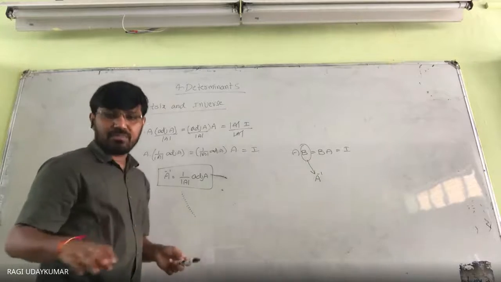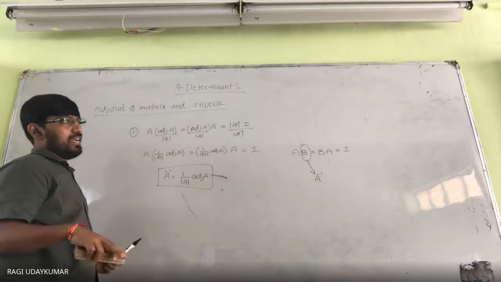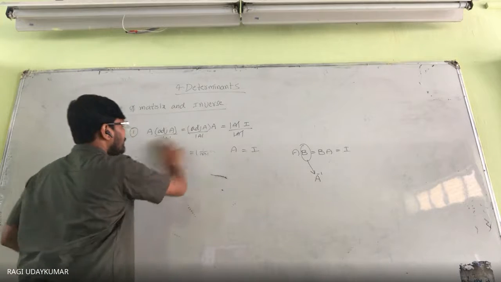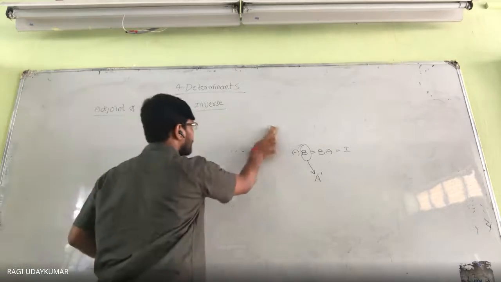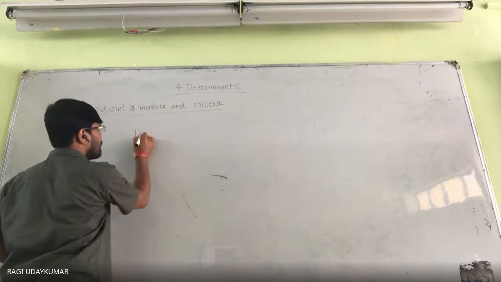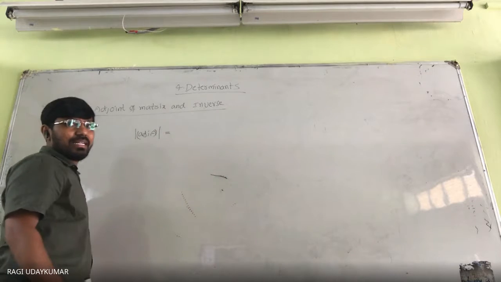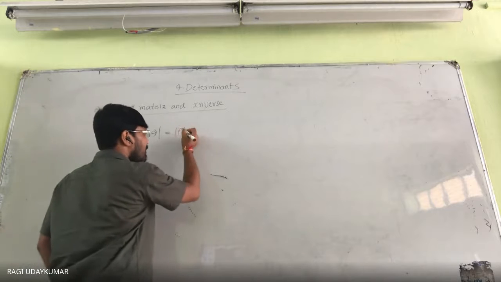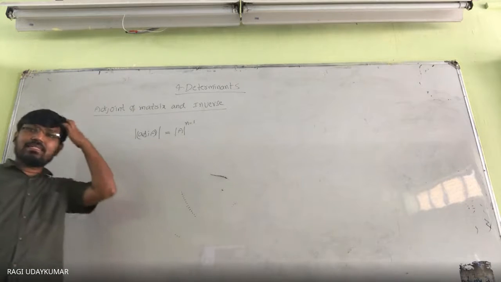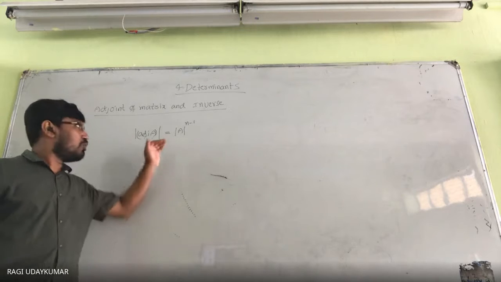Apart from this, the 1 mark question that I mentioned, that also I will explain: determinant of adjoint of A. The main point to remember is that the determinant of the adjoint matrix of A is equal to determinant of A to the power of n minus 1, if A is of order n, an nth order matrix. So how do you prove this?